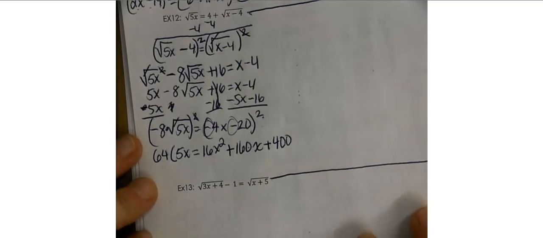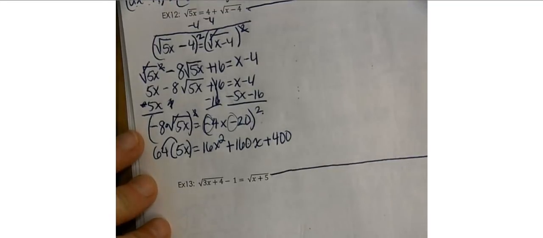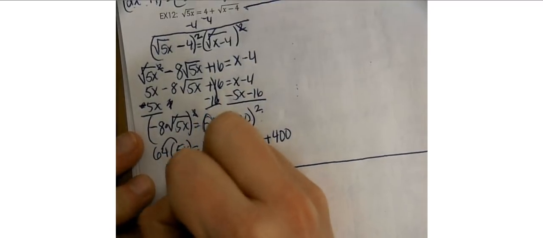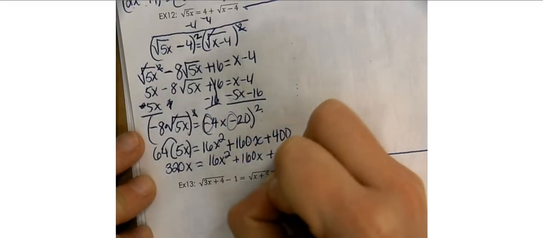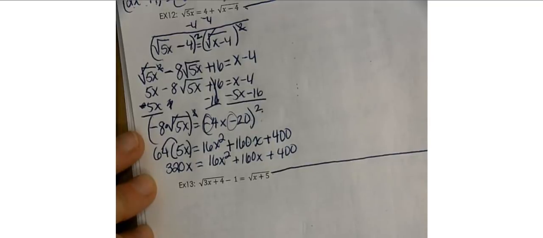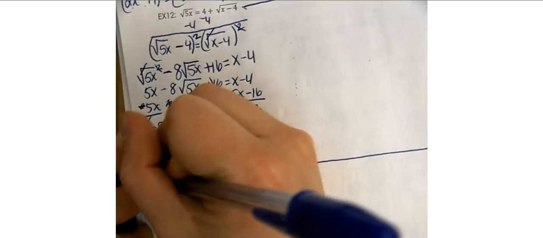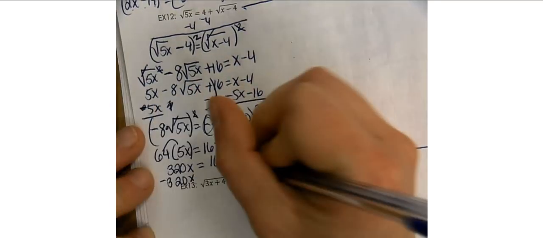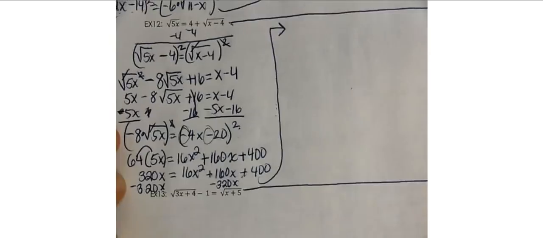Okay, next what we want to do is I'm going to distribute the 64 to the number 5, and 64 times 5, that's equal to 320. So I have 320x is equal to 16x squared plus 160x plus 400. I now need to bring that 320x to the other side by subtracting it. So I'm going to subtract 320x on both sides so that I end up with an equation equal to 0. And I'm going to bring that up here. So I have 0 is equal to 16x squared